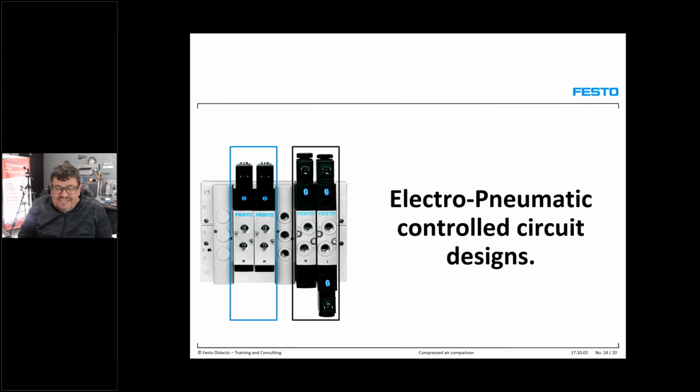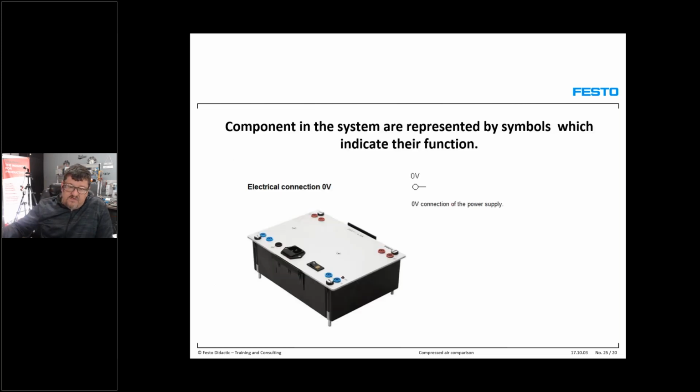electro-pneumatic control circuit design, how do I design? How do I start? Where do I start? And what do I need to understand? What is the principle that I need to apply when I design a circuit, an electrical circuit? And this is important. Right, first things first, within the environment where you use a power supply, for example, now